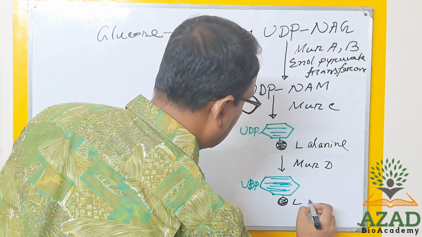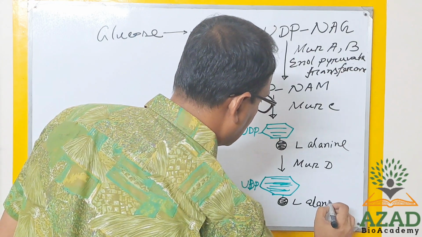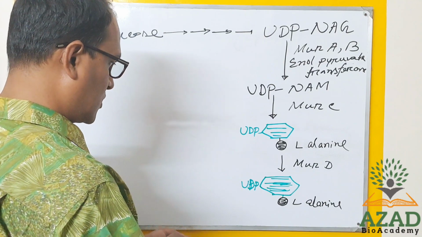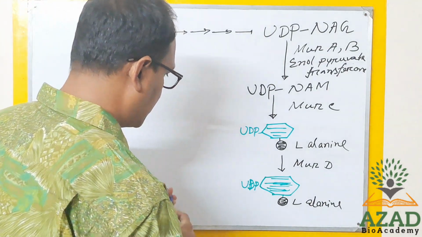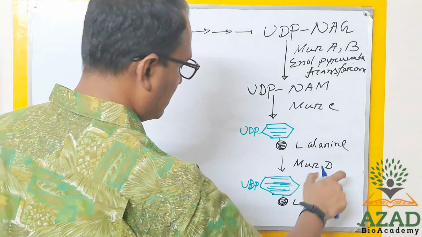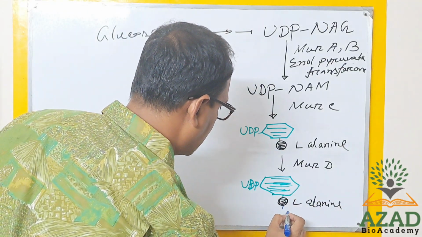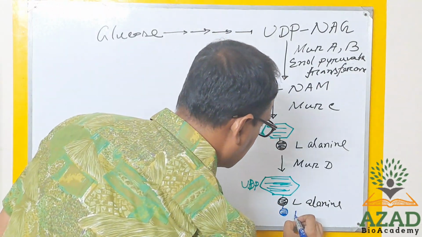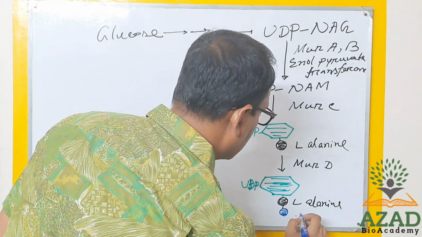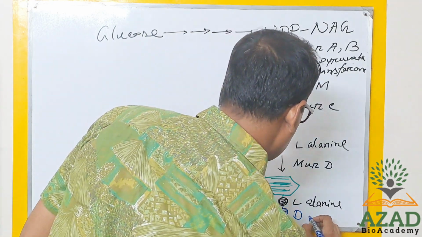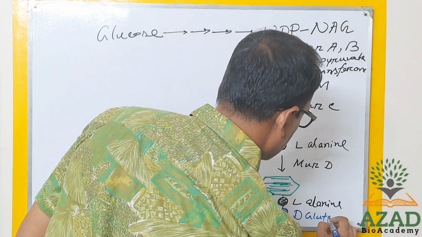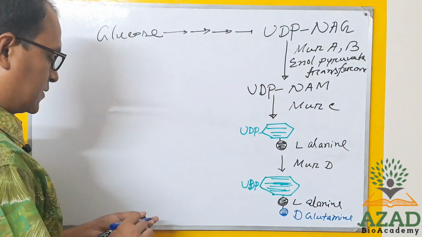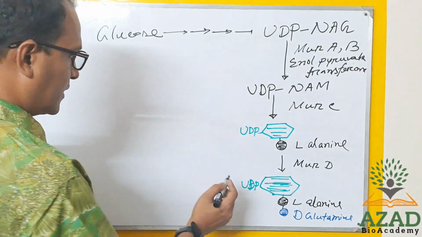the L-alanine, and now another amino acid will attach here by the help of MUR-D enzyme, that is D-glutamine. Okay, so now again another